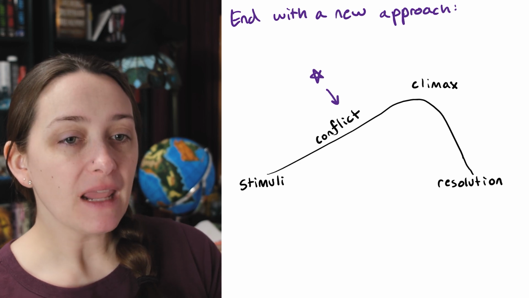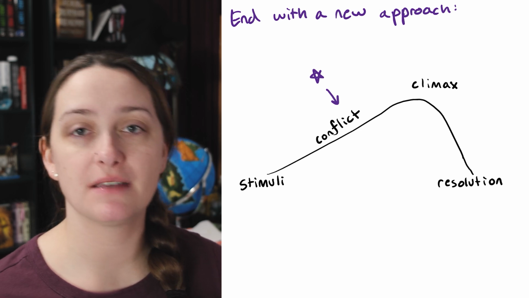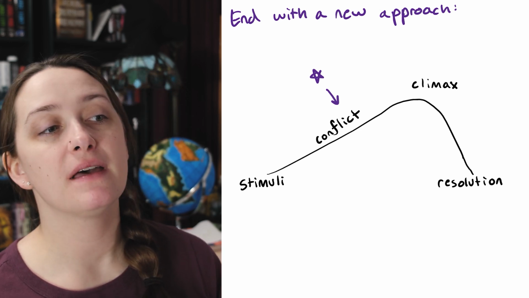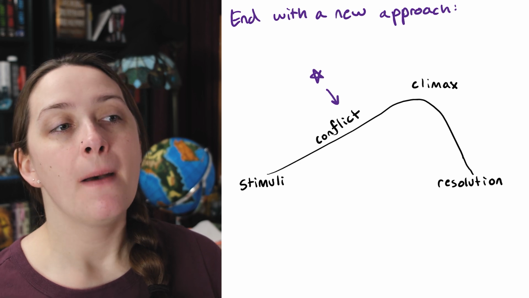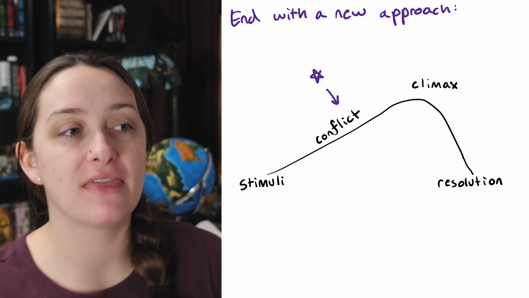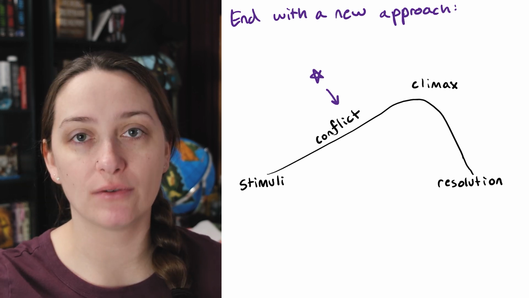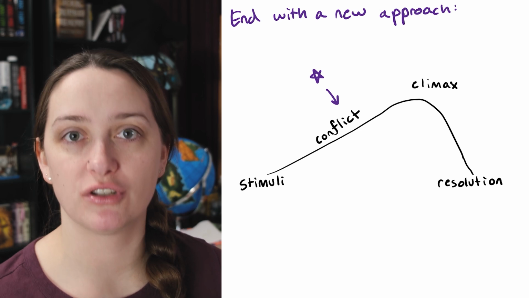And so this could be, maybe, the invaders stormed the castle. That was our external stimuli. They decided they need to escape. That is that new goal after that external stimuli. But then the character finds out, oh, they're closed in and they have no route to escape. They can't just keep running out like they had planned on doing. So they have to decide to cause a huge distraction.